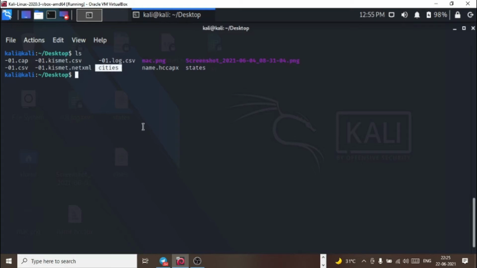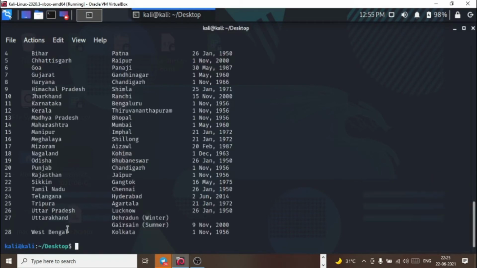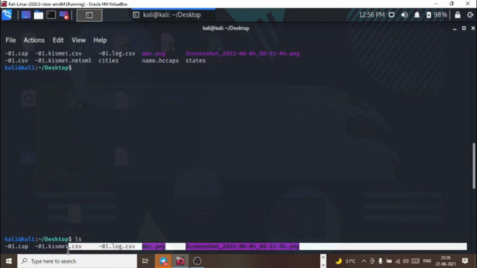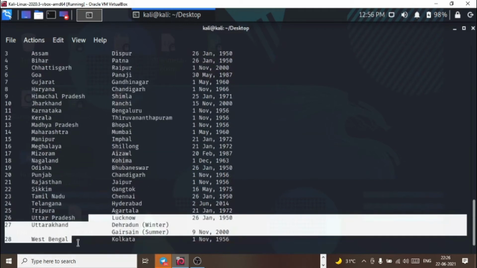I will show you the text of both files with the help of the cat command so you can understand the command better. Cat states. This file contains the list of all states of my country India and has 28 lines.